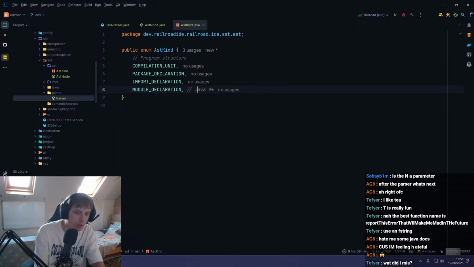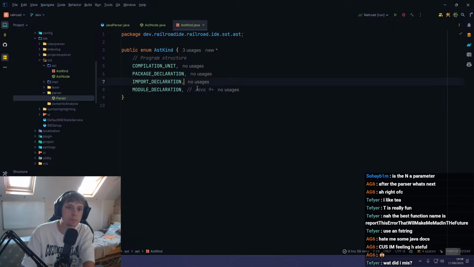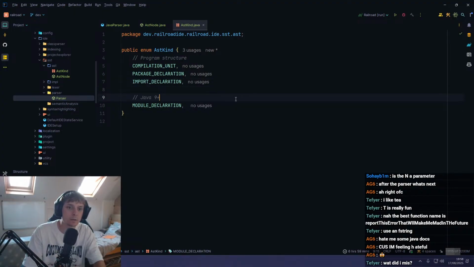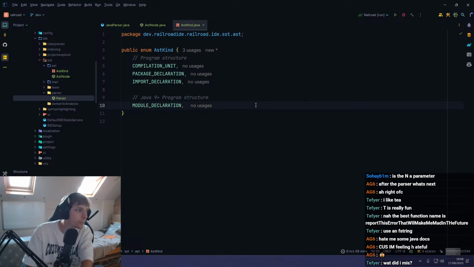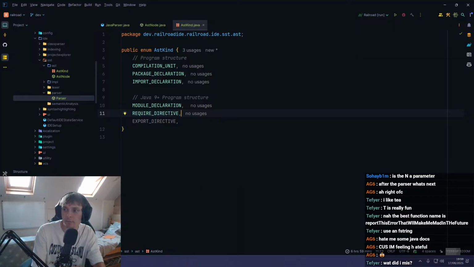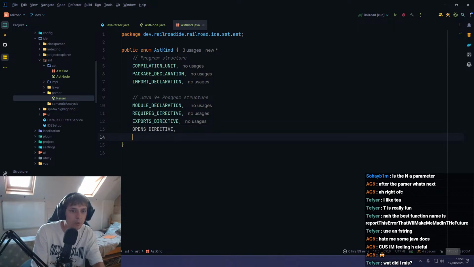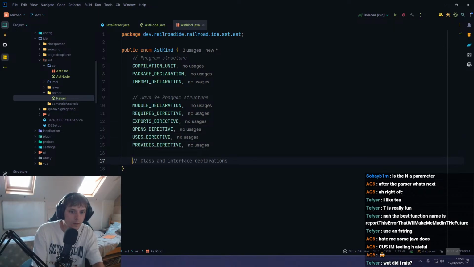This is Java 9 Plus. Or really, the next couple would be Java 9 Plus. So we'll say Java 9 Plus program structure. So we have module declaration. Then we have requires directive. Pretty sure it's requires. Yeah, it is. It's definitely requires. Then it's exports, opens, uses, provides. Then we have